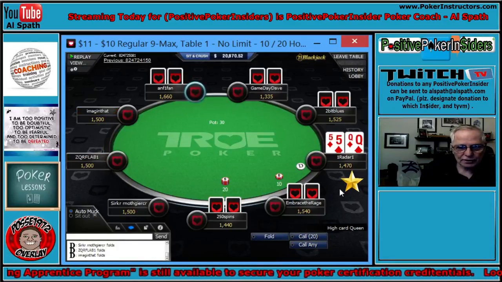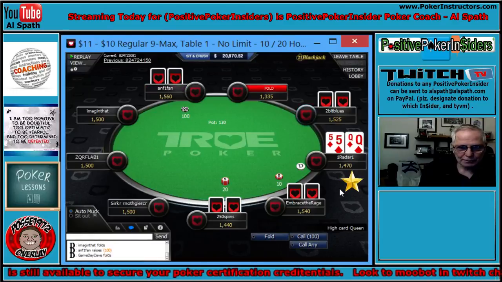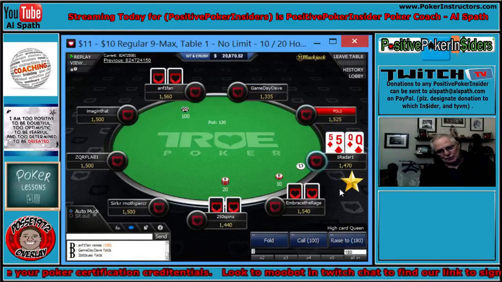Remember, early on in the tournament, allow other people to splash around. They're pretty deep in chips. We started out at a 10-20 blind, so 20 into 1,500. You can see for yourself where